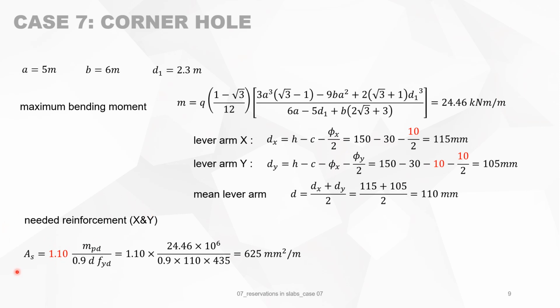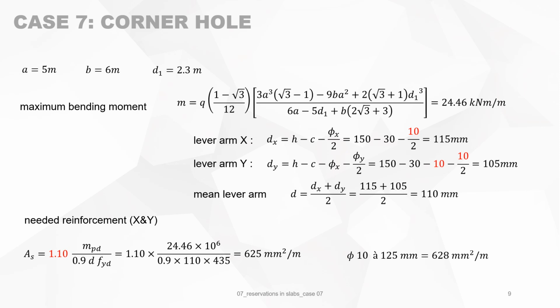The needed reinforcement is then equal to the bending moment divided by the lever arm and augmented by 10% because this is an upper bound method. We have then 1.1 times 24.46, then for the units times 10 to the power 6, divided by 0.9 times the lever arm times the yield strength of the reinforcement. And it gives us 625 square millimeters per meter, or a diameter 10, 8 diameters 10 per meter will be